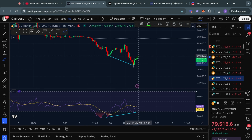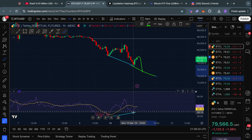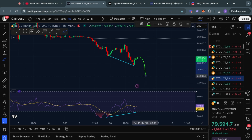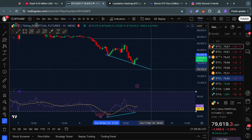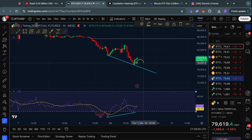If you want to see invalidation of this bullish divergence, well, that would be if we trade below this descending trend line in the price, or if we trade below this ascending trend line in the RSI momentum indicator. Of course, after invalidation, this completely opens the door to bearish price action once again, although you should be keeping in mind that these bullish divergences can actually be redrawn quite a few times before you then actually get